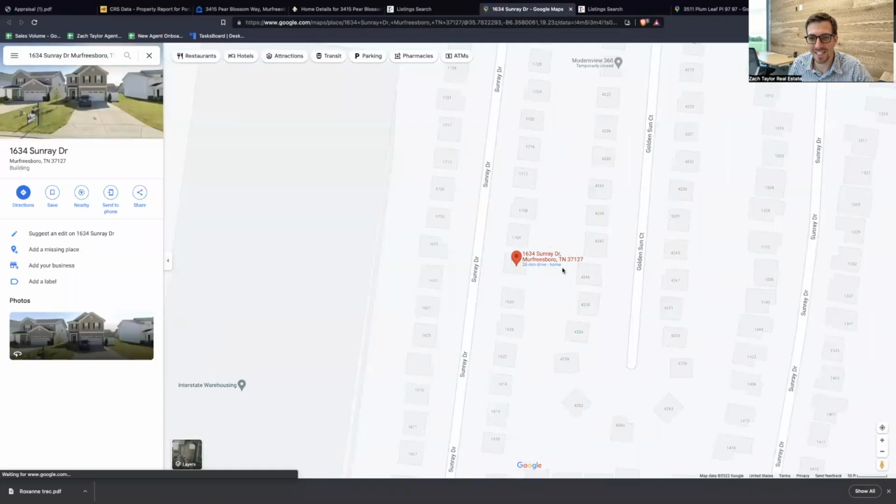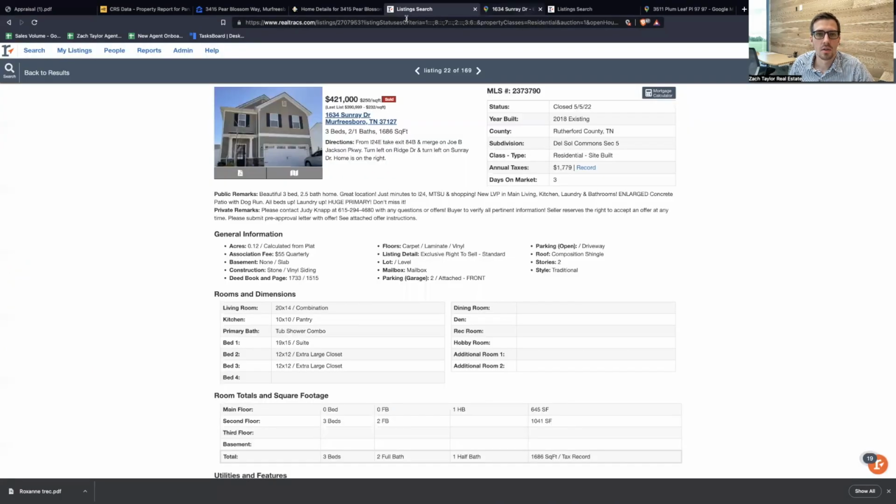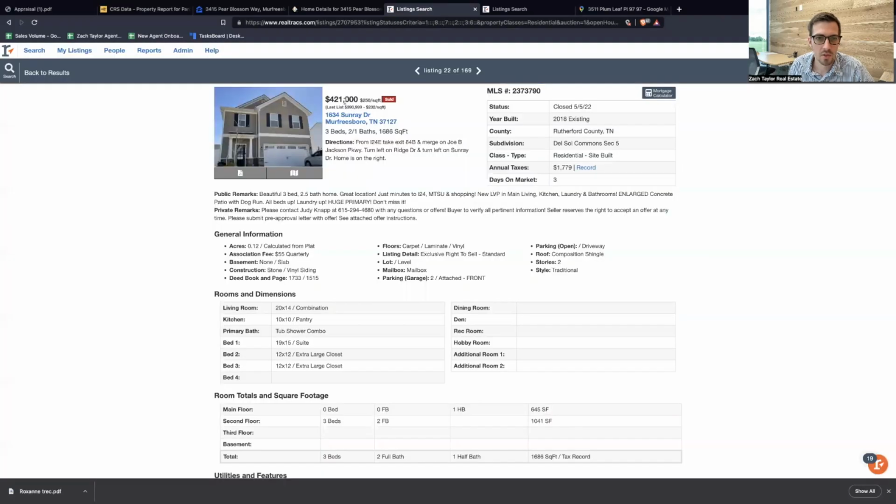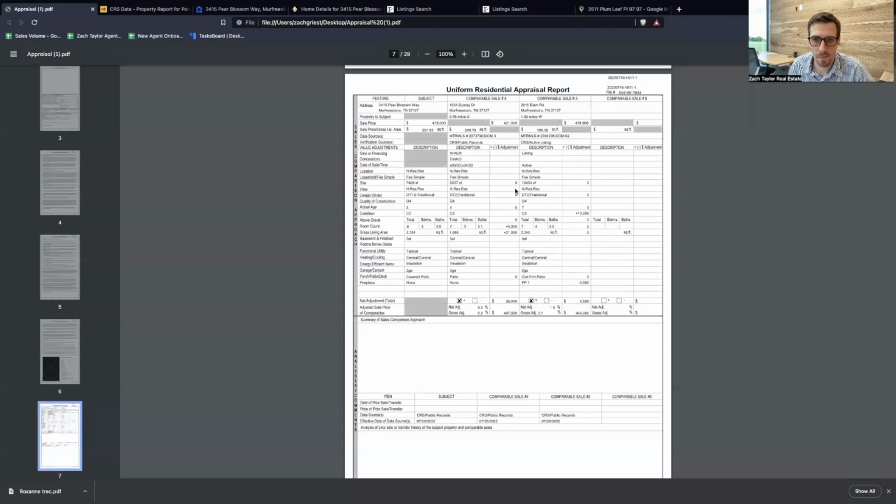And at least this one is on the inside track versus back here staring at this warehouse. Let's go here. There's the house. Sold for $421,000. And if we go back to our appraisal report, they're saying this sold cash, arm's length transaction, 0 concessions,